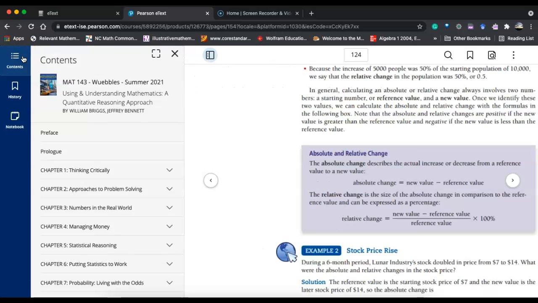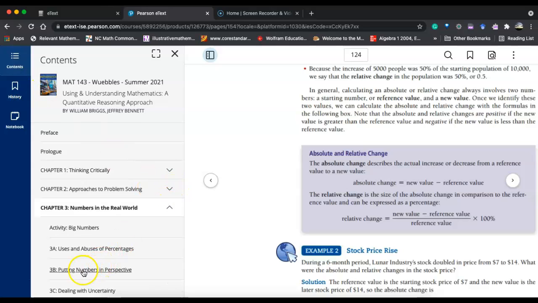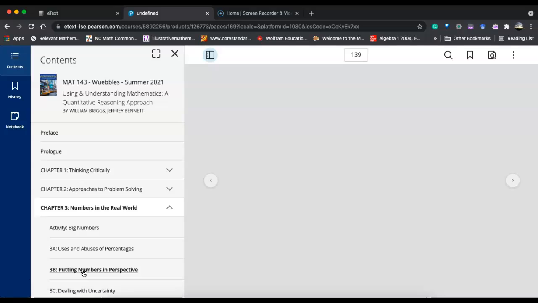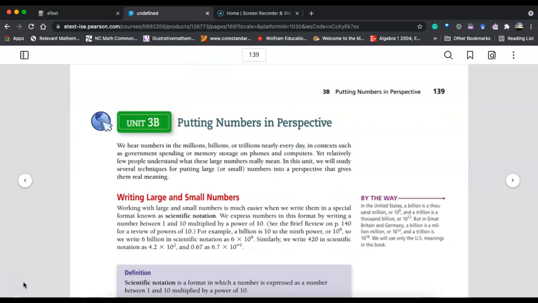Moving ahead to the next section, if I come back here to the table of contents, let's go to Section 3B. This particular section is about scientific notation and working with very large or very small numbers. Again, watch this video right here at the very beginning to get a good overview of what this section is